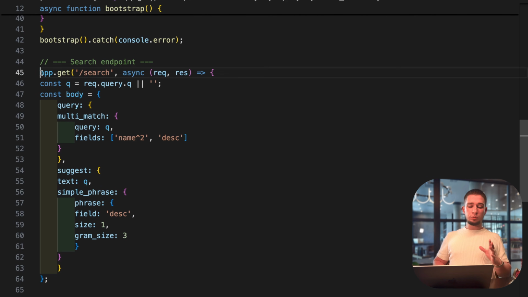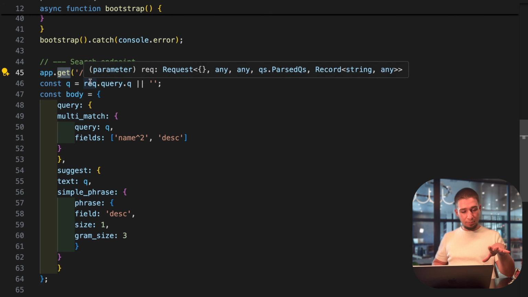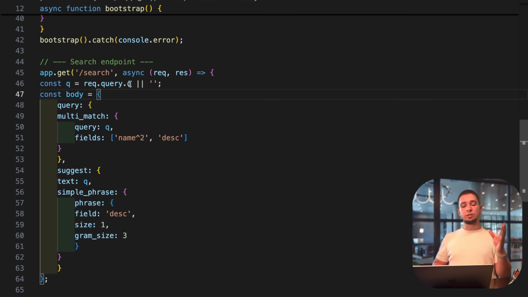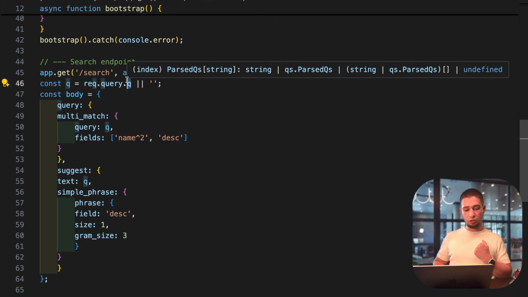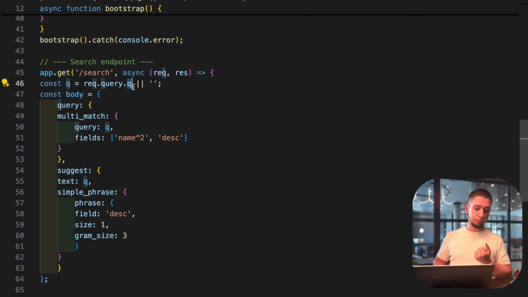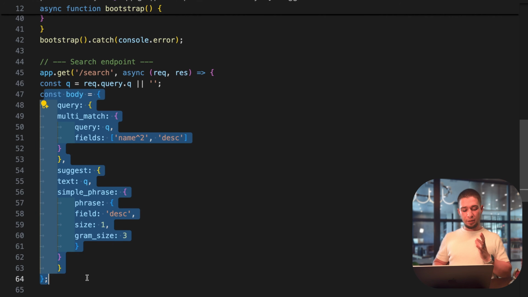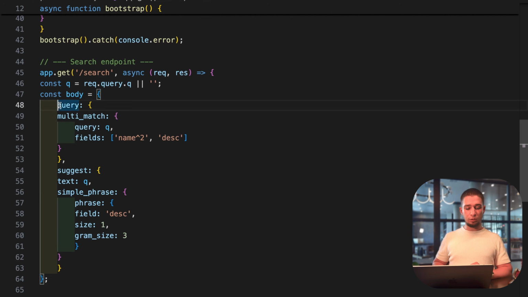with. So when we'll be taking a get message, first, one more time, it is the server, so we're using, for example, Express here. We're taking the get method for our search, and we're taking the query. It can be empty, of course, it can be not empty, and we can make a body for our request. So the body will be query. It can have multiple queries.